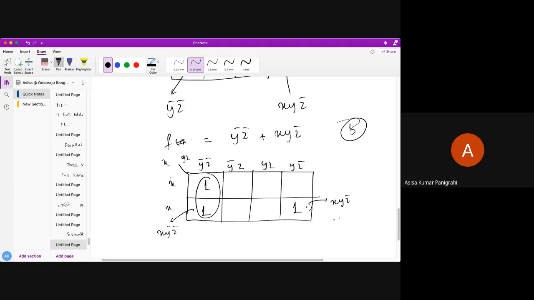Between these two, x y z bar and x y bar z bar, how many variables change, student? Only one variable changes. What is that? Only y changes. Okay, so we can say that these two are adjacent to each other. Am I correct, student? These two are also adjacent to each other. Instead of taking a single combination for this, you can combine it like this. Okay, understand, students? Very simple, because these two are also adjacent,